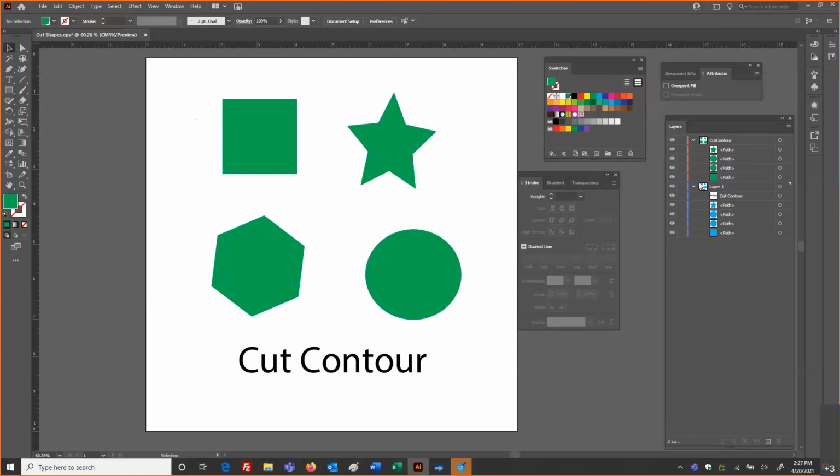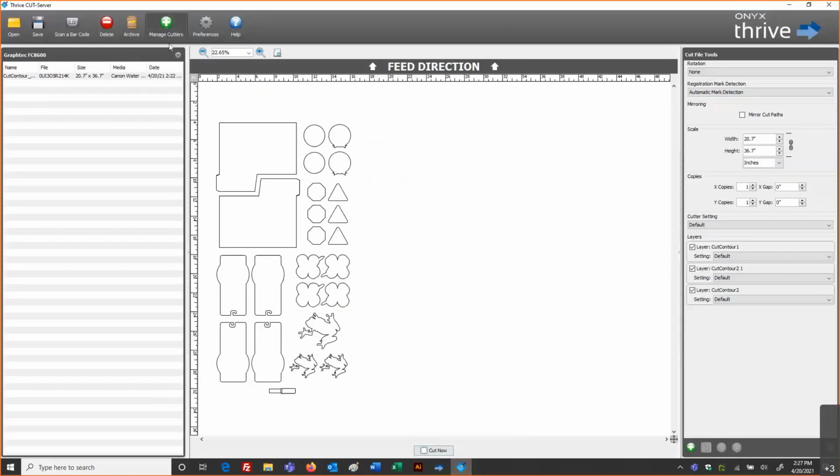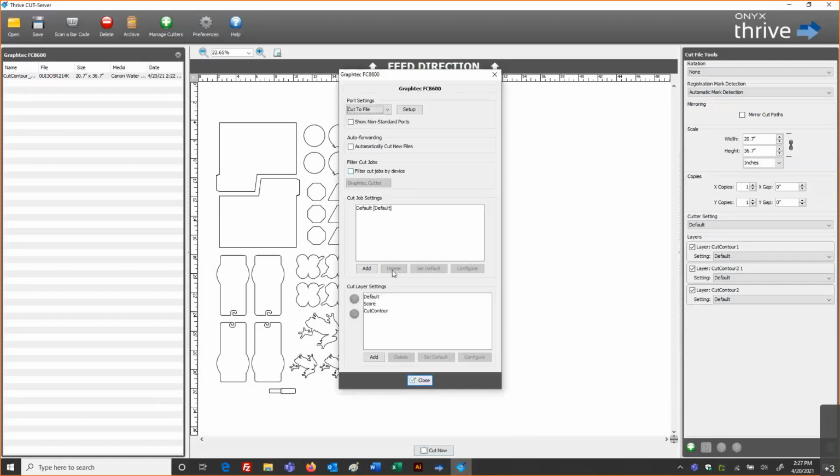Now, the purpose of this is twofold: organization, easy for me to turn on, turn off that layer and see my artwork file in the sense of designing and working with this data. The second reason is it's going to be on its own layer called Cut Contour, and back in Cut Server, when I manage this cutter, I will have a Cut Contour spot color designation here for that layer. It's going to associate that to that device.